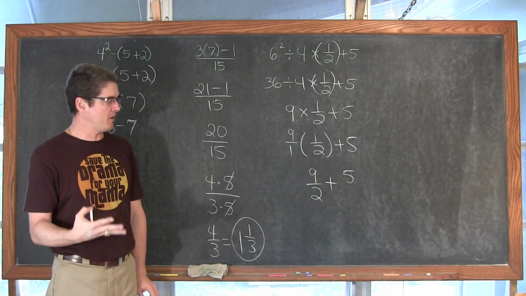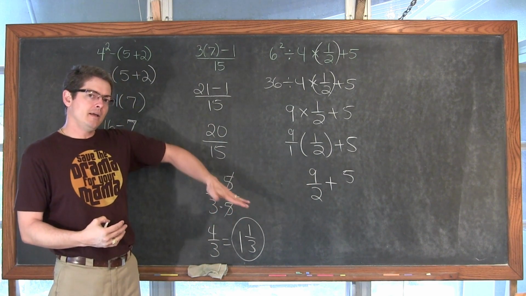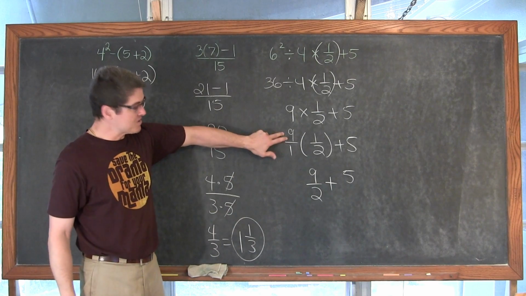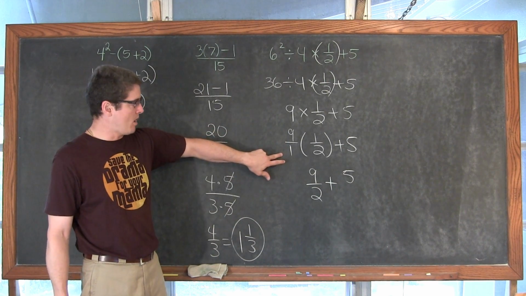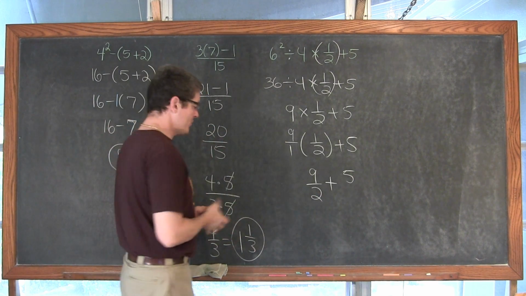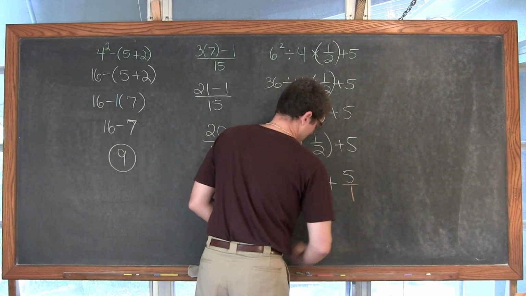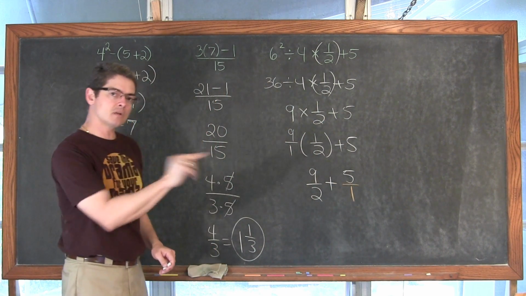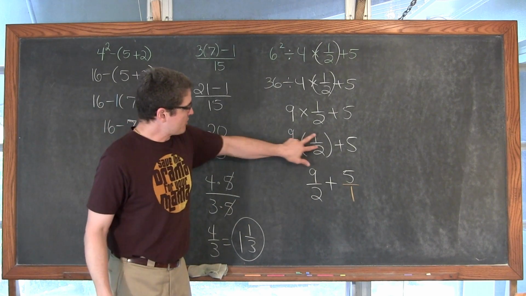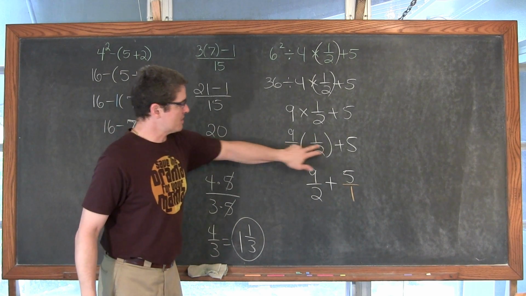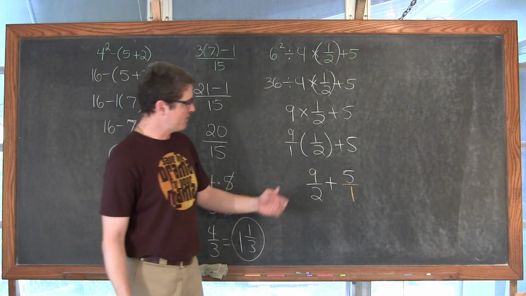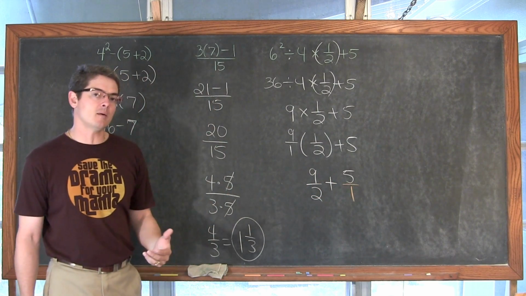Okay, well now I need to add these two terms. Well, 9 over 2 plus, you see what I did with the 5? It was just 5, and I wrote it with a denominator of 1. Really, when you're working with fractions, you should just go ahead and make everything look like a fraction, and then you get those numerators and denominators to line up. To multiply fractions, you just go across the numerators and denominators and boom, you're done. But with adding and subtracting, you need a common denominator.